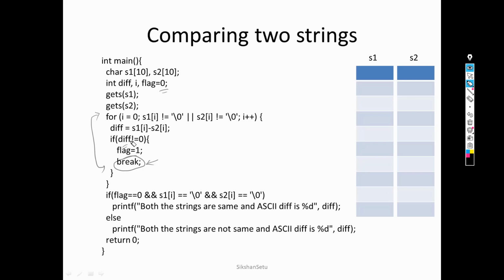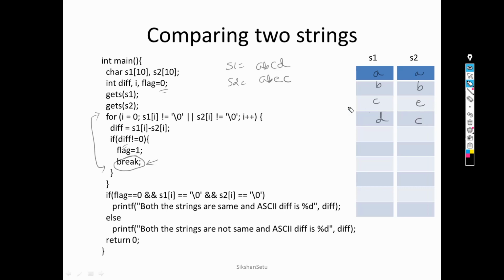Prematurely means, I will try to explain with one example. I am taking s1 equals to abcd and s2 equals to abec. So I write a b c d, and the value of s2 is a b e c.